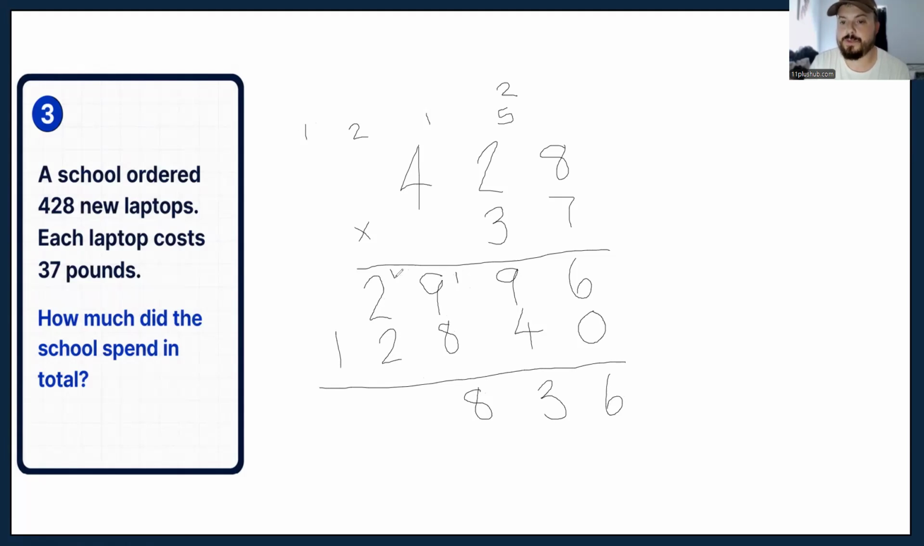2 plus 2 is 4. Add the 1 is 5. And then 1 plus nothing is 1. Let me check my calculator. So 428 multiplied by 37,